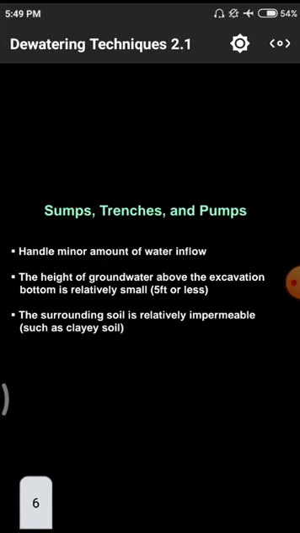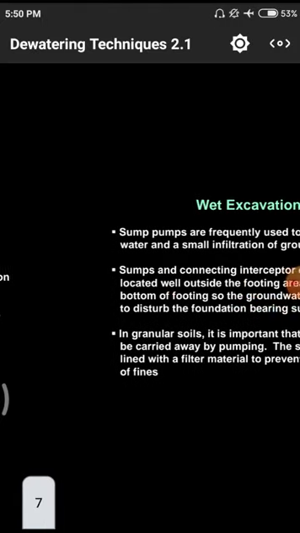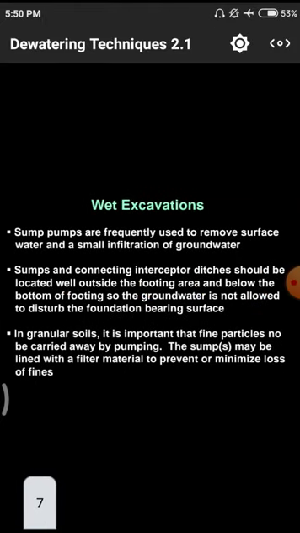If we don't have this data and simply use all these methods, we are wasting a huge amount of money on the project itself. So before doing any work, we need some preliminary data to assess a particular project: what is the total cost of the project, how much money we have, how much money we are spending. All those things we need to know, and they will definitely have an effect on the project itself.